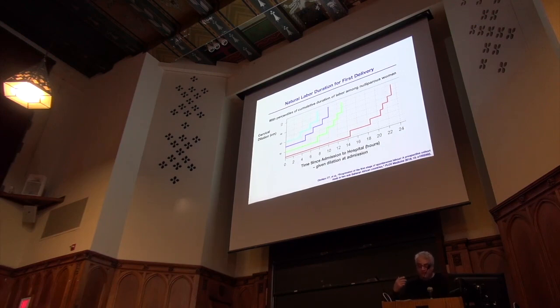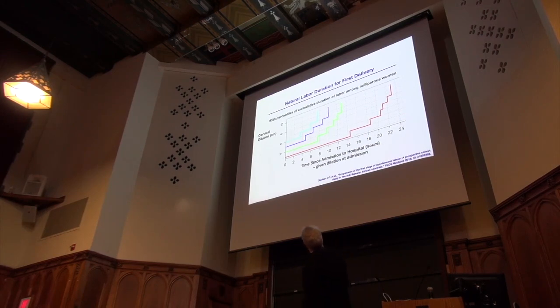This was a prospective, multi-center cohort study of over 5,600 women across 13 sites in Nigeria and Uganda, who were giving vaginal birth, and they found that contrary to the generally held view, natural labor progressed much more slowly than previously reported. So for example,